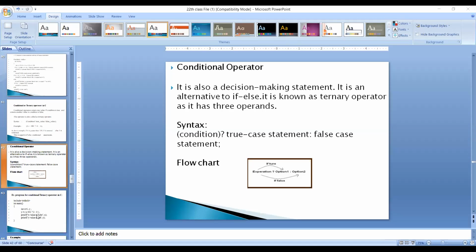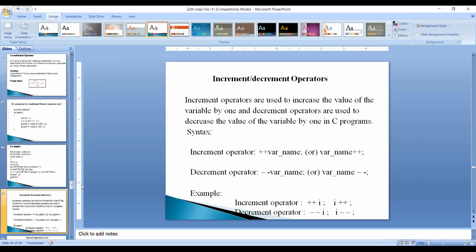Next one. So this is very important. This is the last one. One more operator is there, that is very easy also. Increment and decrement operators. The increment operator is represented as plus plus. Remember, to increment we use the plus plus operator here in C language. The decrement operator we use as minus minus. Minus minus and plus plus.